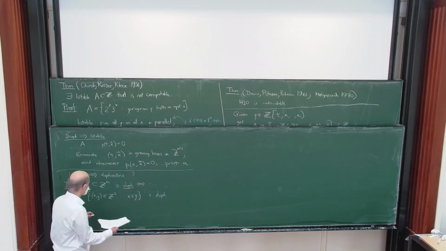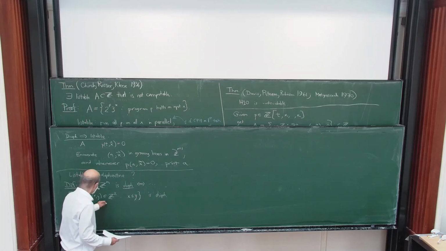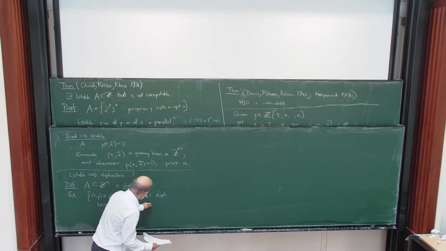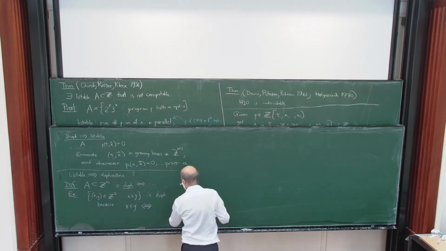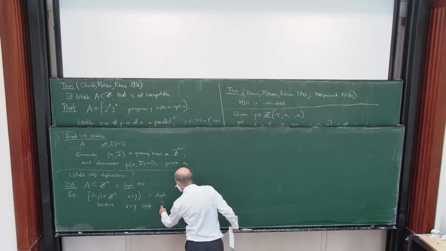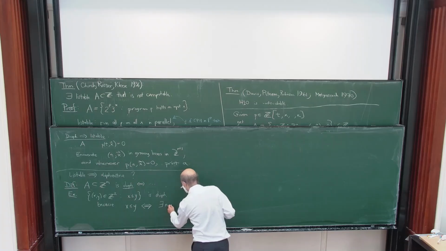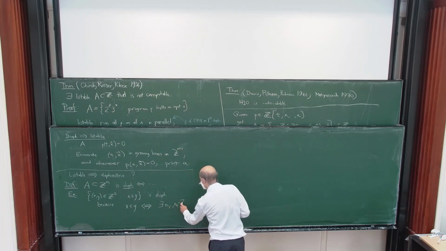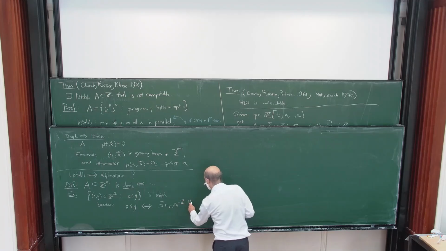Anyway, the reason this is true is, how do you figure out whether x is less than or equal to y? That's the same thing as saying that there exist, let's say, n1 through n4, integers, such that x,